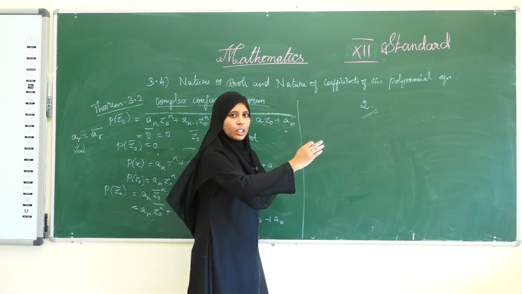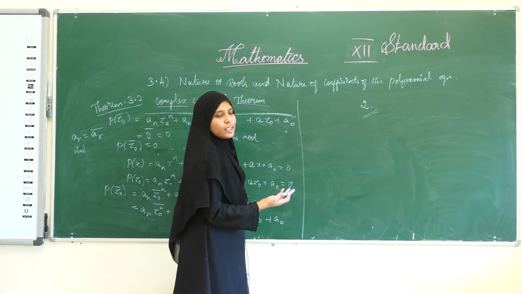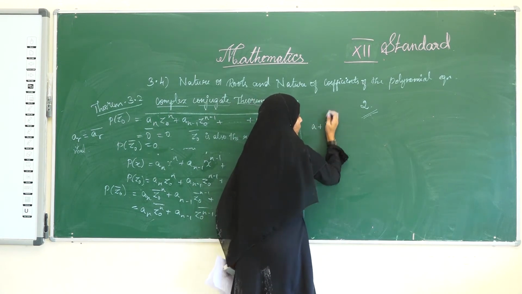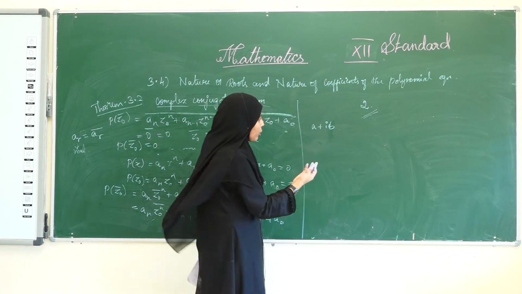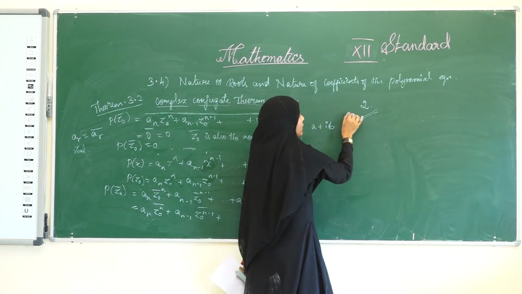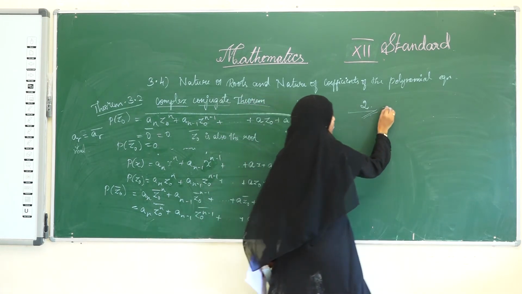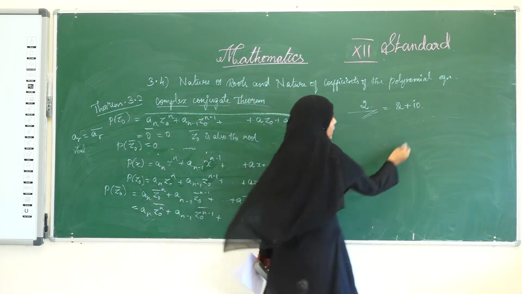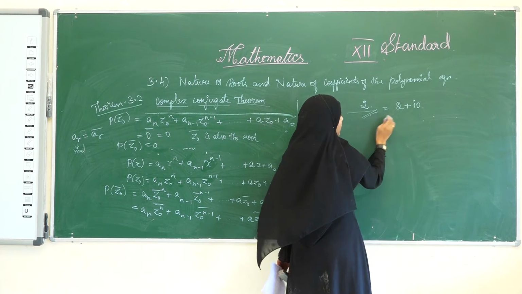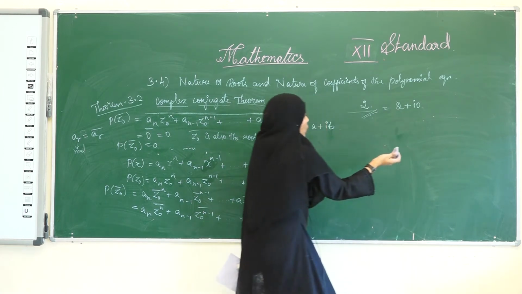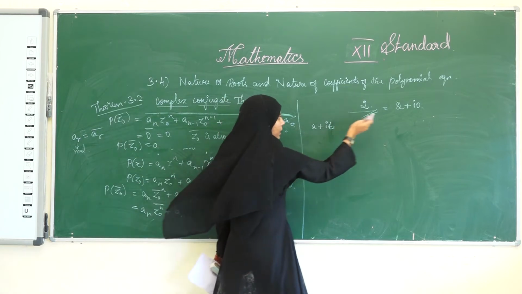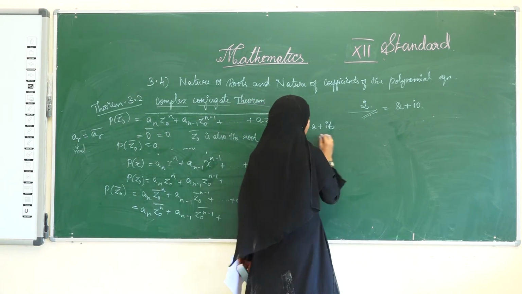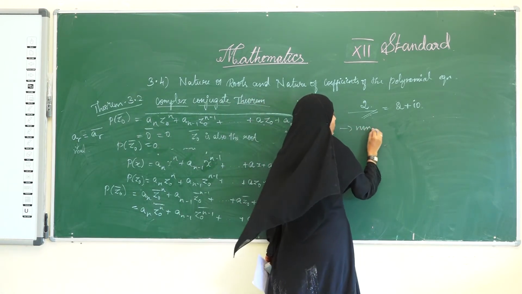Actually, this is not a complex number, this is a real number, or we would call it an integer. This is not complex, because a complex number looks like a plus ib or alpha plus i beta, in this format. This also can be, but I am saying this is a complex number. How? This 2 can be written as 2 plus i0. Right? Here b's value will be 0. Then this is a complex number. So we have to differentiate the original complex number and this type of complex number. How can we differentiate? Therefore, some authors call this type of complex number non-real complex numbers.